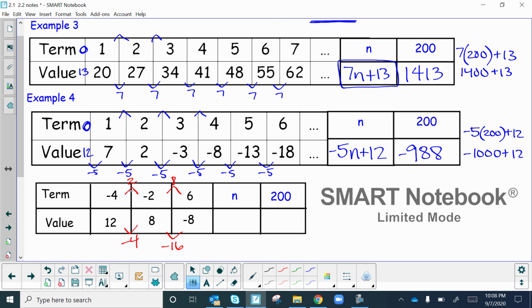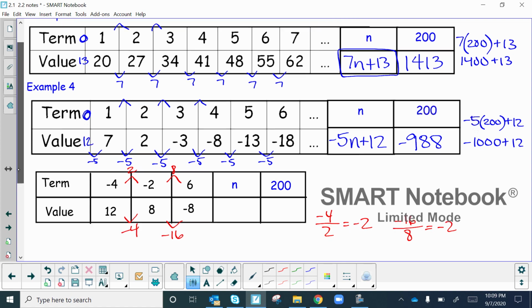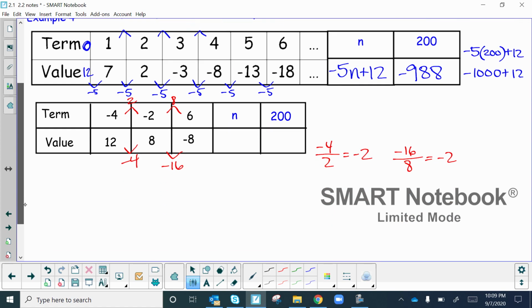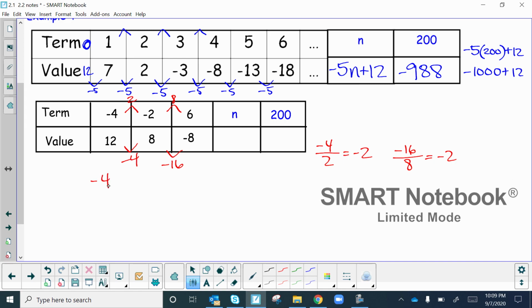So our slope would be, when we look at these two right here, -4/2, which what does that reduce to? -2. Let's look at the other one, -16/8. What does that reduce to? -2. So if we were to rewrite this table, which is not a bad idea, we could rewrite -4